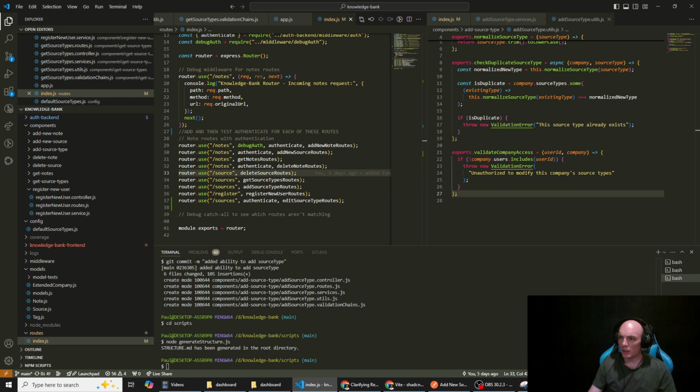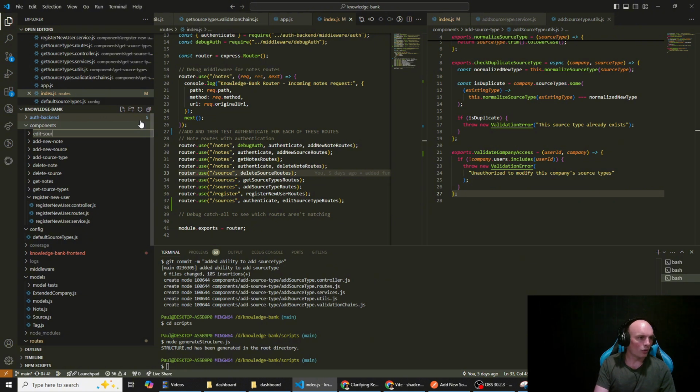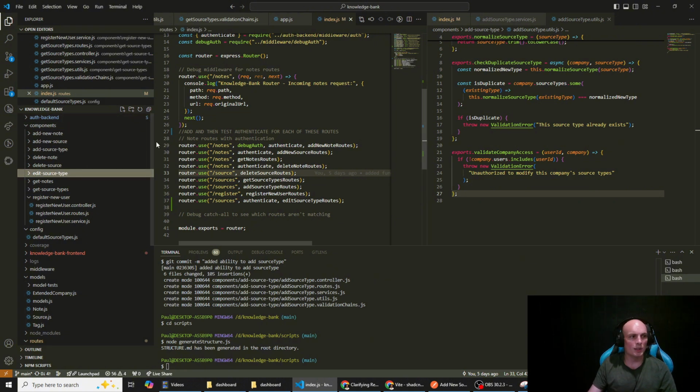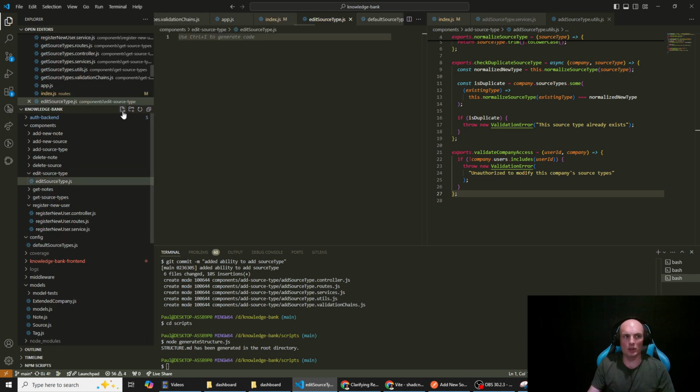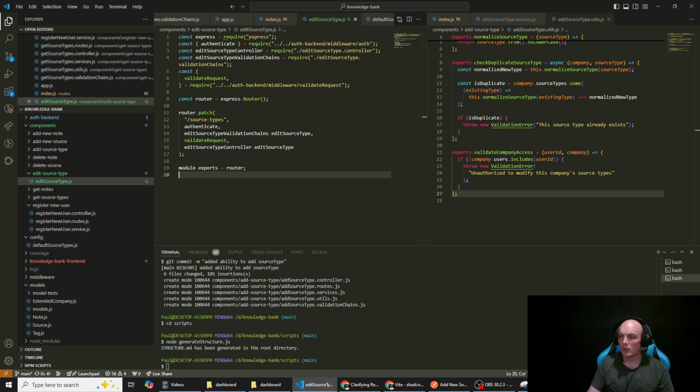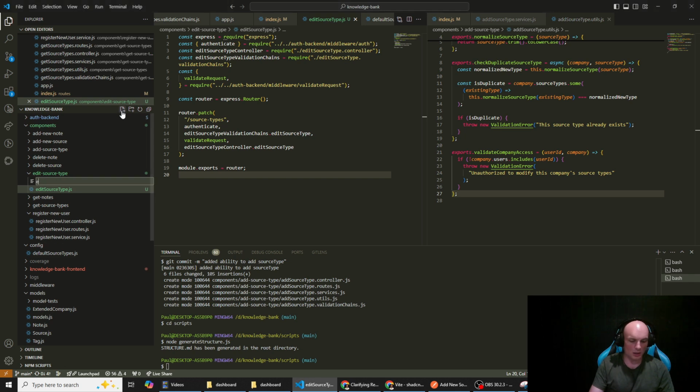Okay, index.js is done, and then we come to our components. So we go edit, source type, new file. I know it's covered with the patch request as well, but it can't hurt having this additional endpoint, and also from a point of view with AI and testing things, it really helps. I've found being very specific with the code and kind of chunking it down. So anyway, let's just do that. Edit source